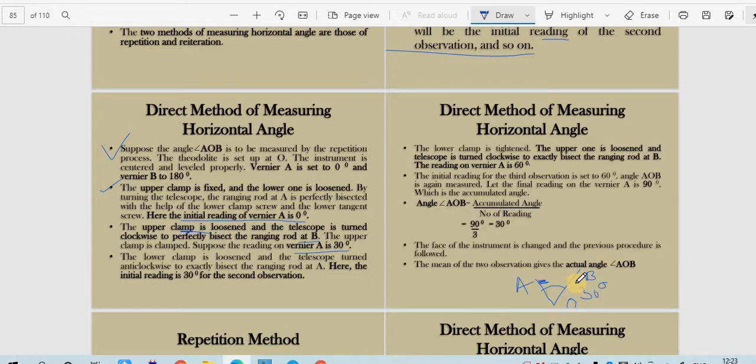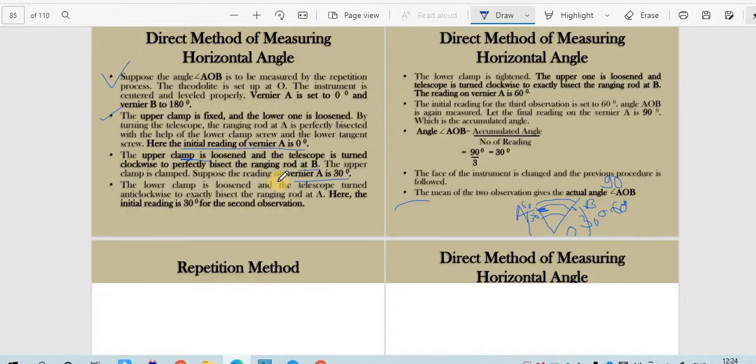For that you will have to fix your upper clamping screw and loosen your lower clamping screw. That will fix the vernier at 30. Okay, and you have to turn this and bring it back. So the 30 value will be showing at point A now, and then again you will have to release the upper clamping screw and measure the angle. Obviously the first angle is 30, the second will be coming out to be 60. Then again fix the upper clamping screw, release the lower clamping screw, and bring this 60 angle to point A. Okay, then again release the upper clamping screw and measure this angle; the angle comes out to suppose 90 degree.